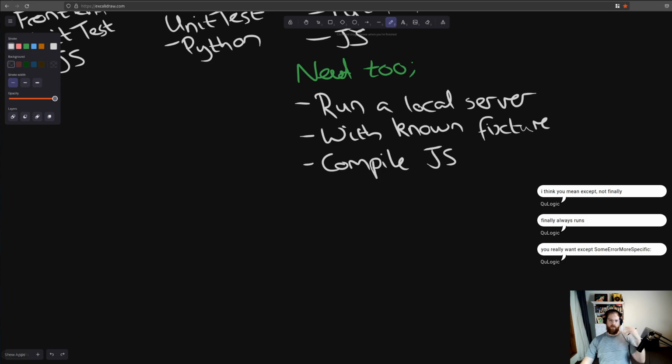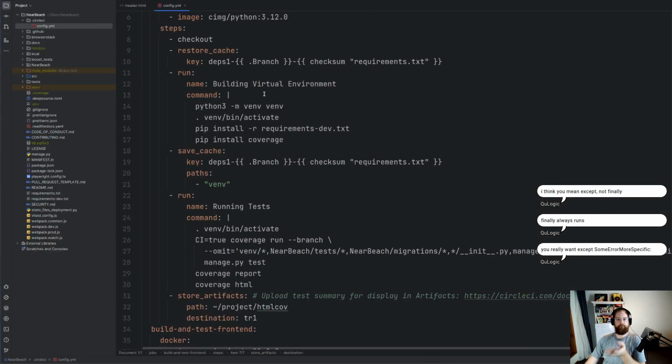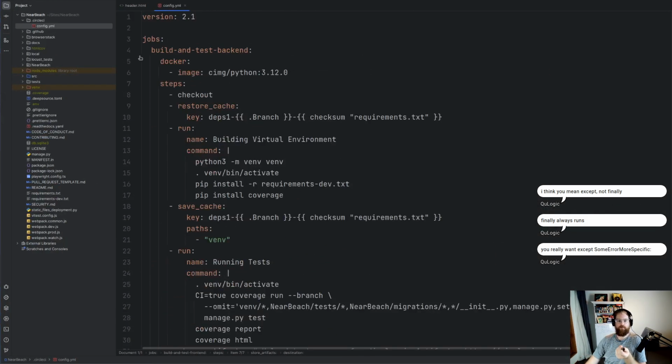All right. This is why I wanted to do it locally, because it's a lot more complicated than